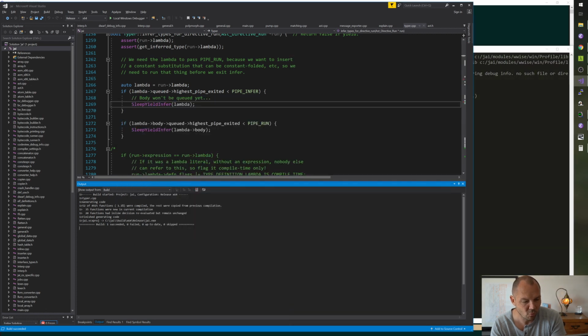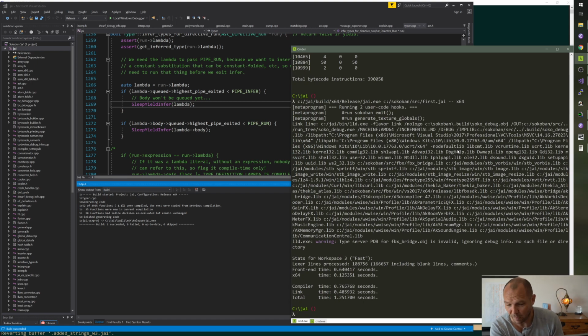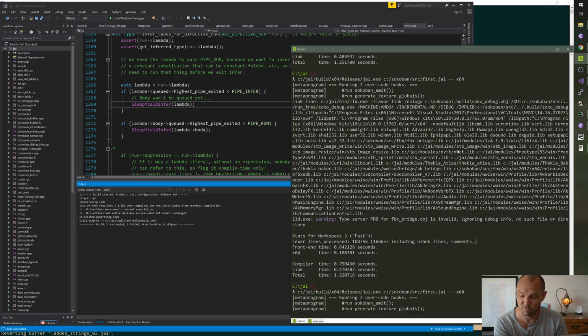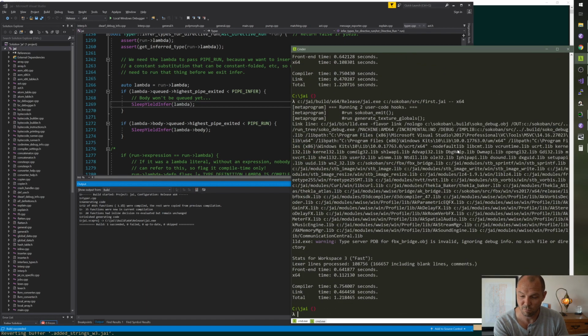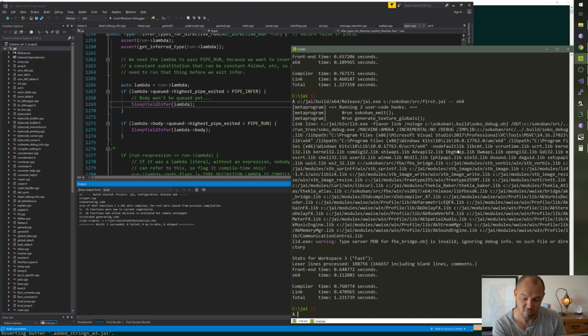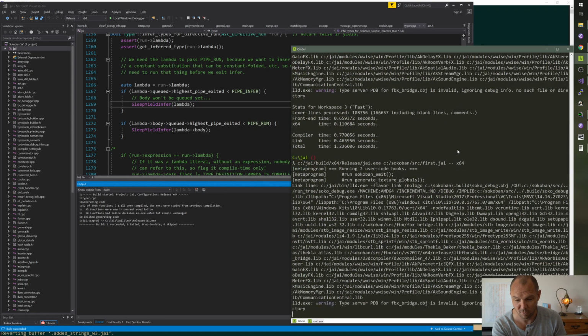Okay, so release build, let's go. 765, 750. We never got anything that low before. 754, 767. These are a lot lower actually. 760. 770, 770,